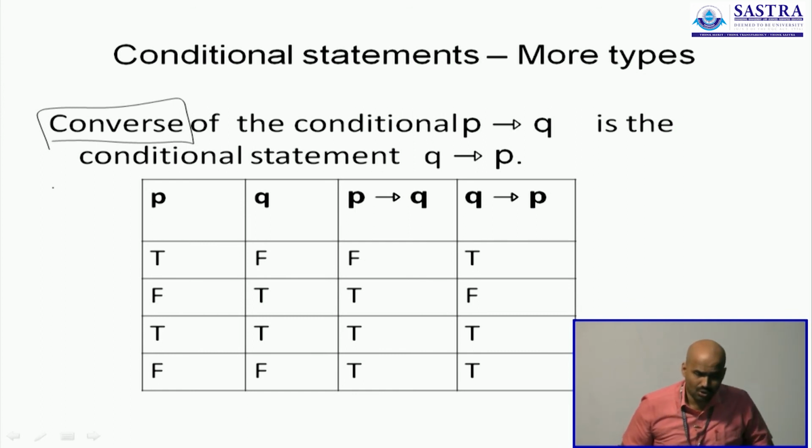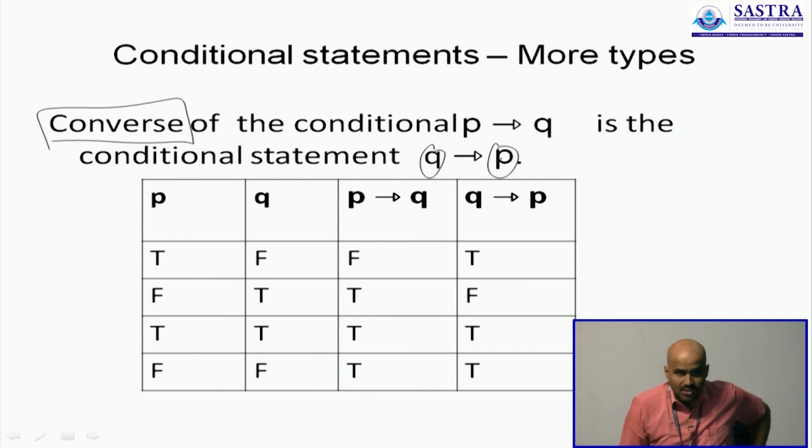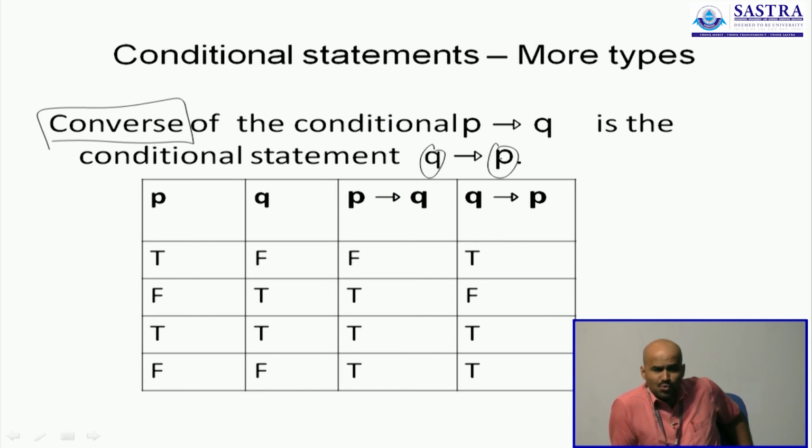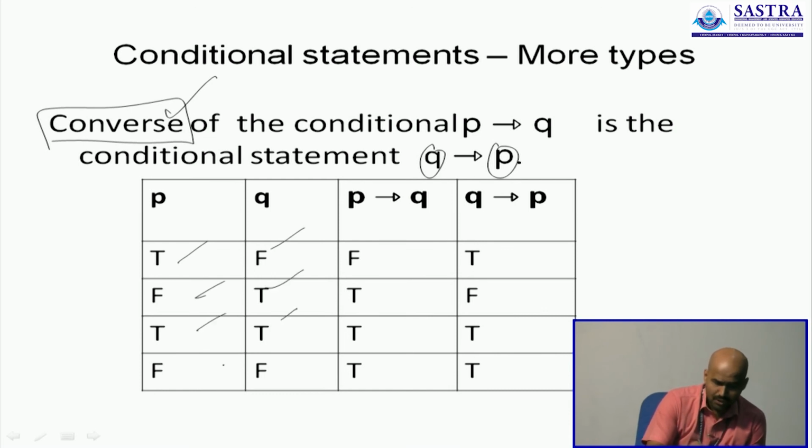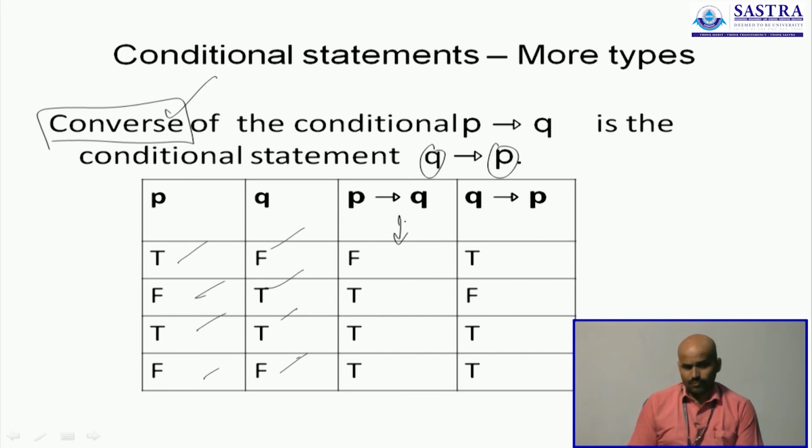This is always possible. The converse of the given conditional P to Q is also a conditional, except that the order is swapped. Now you say P is true if Q is true. It's not about P leading to the answer of Q, it's Q leading to the answer of P, and that's how you define a converse of a given statement. So the truth table on your screen will help you understand this better. The four possible combinations of the values of P and Q are given. Now the converse of the given conditional works like this.